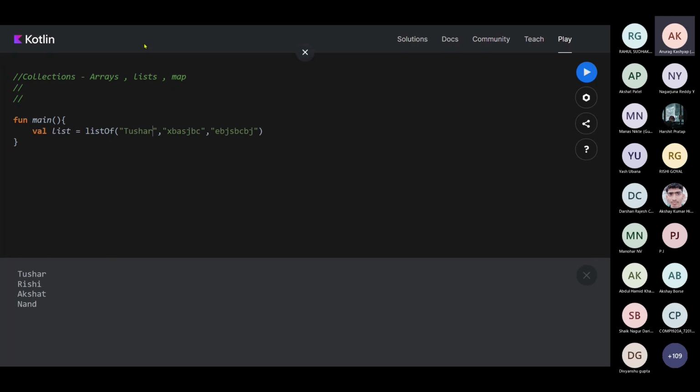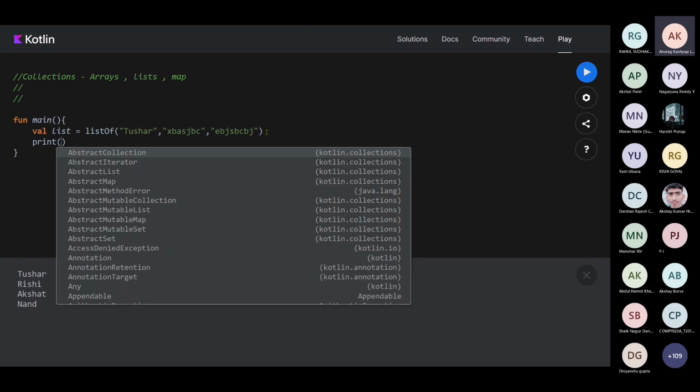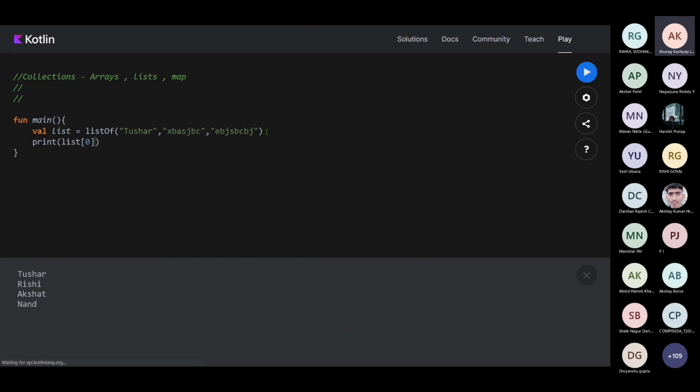Now the same thing. What I want is I want to access the first element. Same. List of 0. Now execute it. Tushar. I want 1. Same. Now what I want is for list in list.